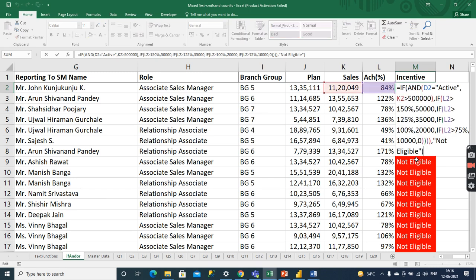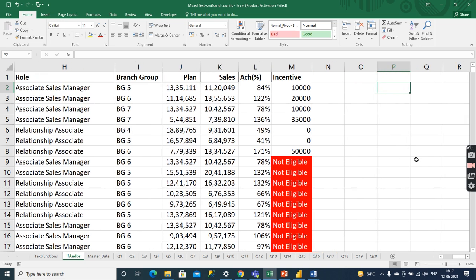Because if any new joinee in the company had a target of, suppose, 1 lakh and sold 3 lakhs, the achievement of that salesperson is 300%, and they will get the 50,000, right? There is no logic. He sold only 3 lakhs, and they are getting an incentive of 50,000. So the company is applying some more conditions. If he made sales of more than 5 lakhs, then they will get the incentive according to the achievement. So we have to apply the if condition with and.